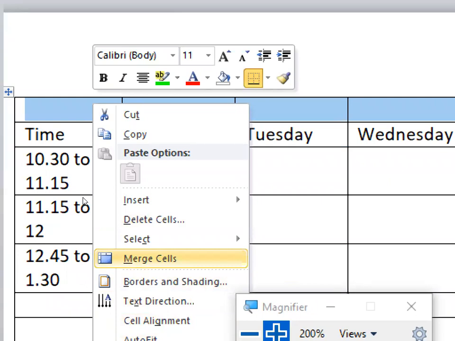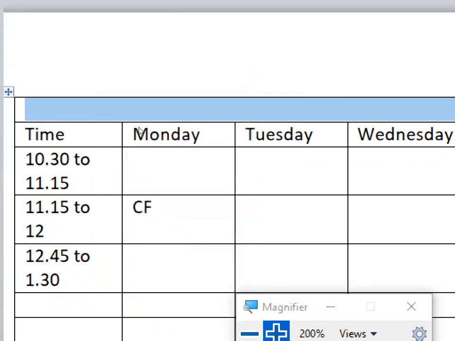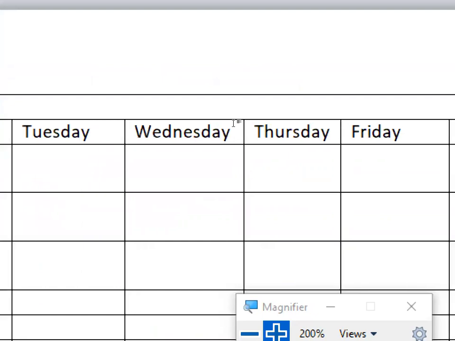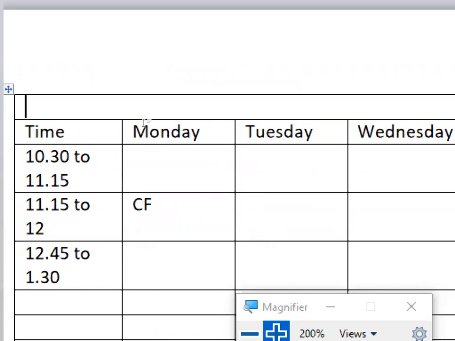If you click on merge cells, all the columns that were present will be removed. So you'll get this as one single row, or one row with only one column, we can say. And then here you can give the name of the table. So we can say timetable for A division.